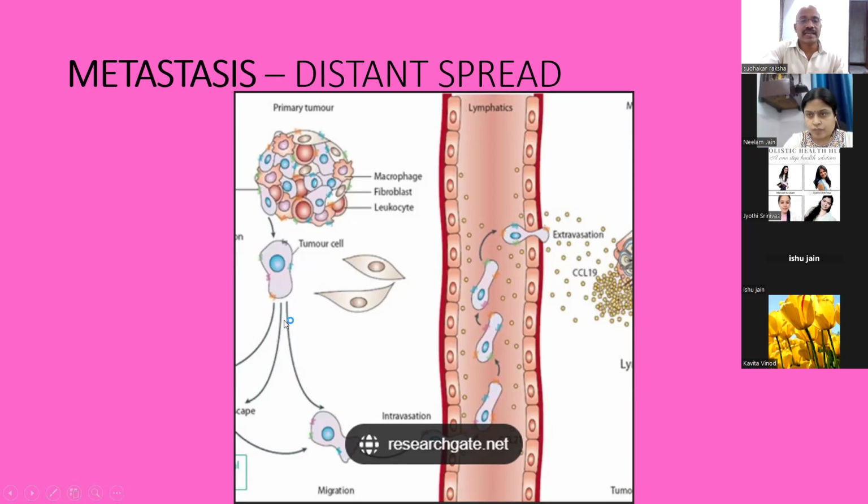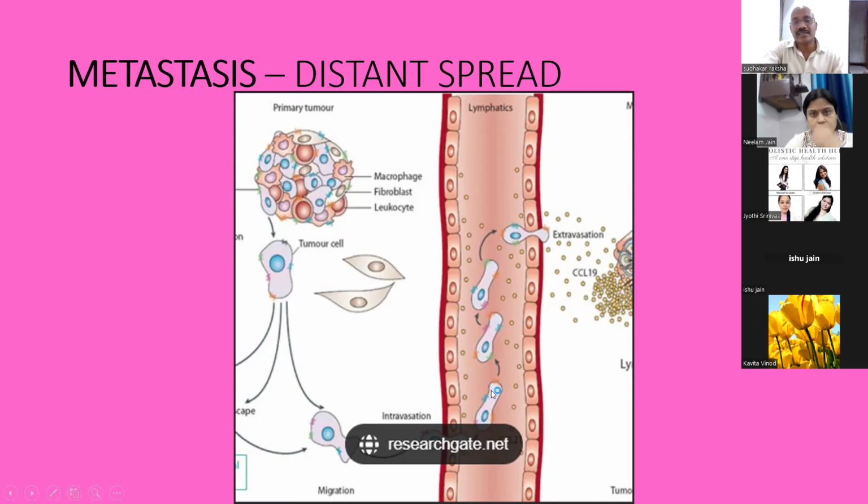And the tumor cells will secrete some factors, autocrine motility factors, which help the tumor cells move towards the blood vessels. They will also secrete some enzymes which digest the basal membrane of the blood vessel, and they enter the blood vessel. Once they enter the blood vessel, they move to a distant place. And when they find a comfortable place, there they start forming, usually in a lymph node. Then they form another colony.